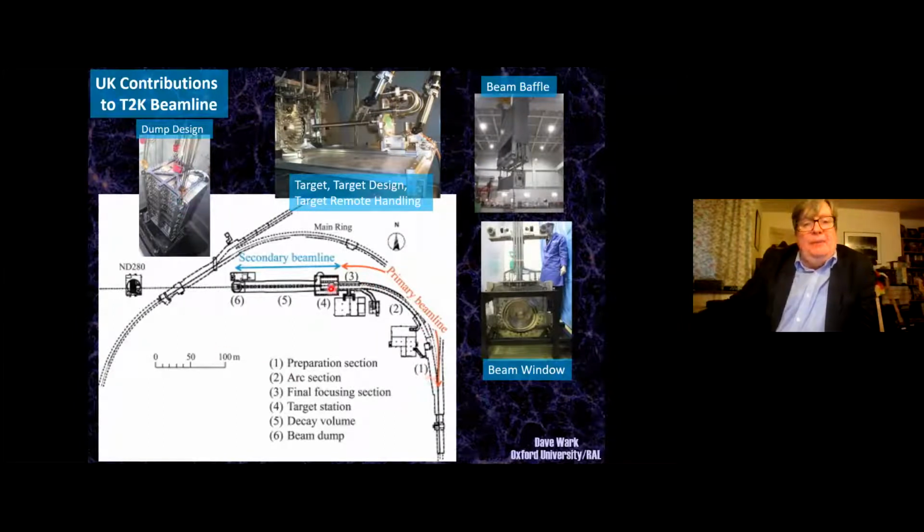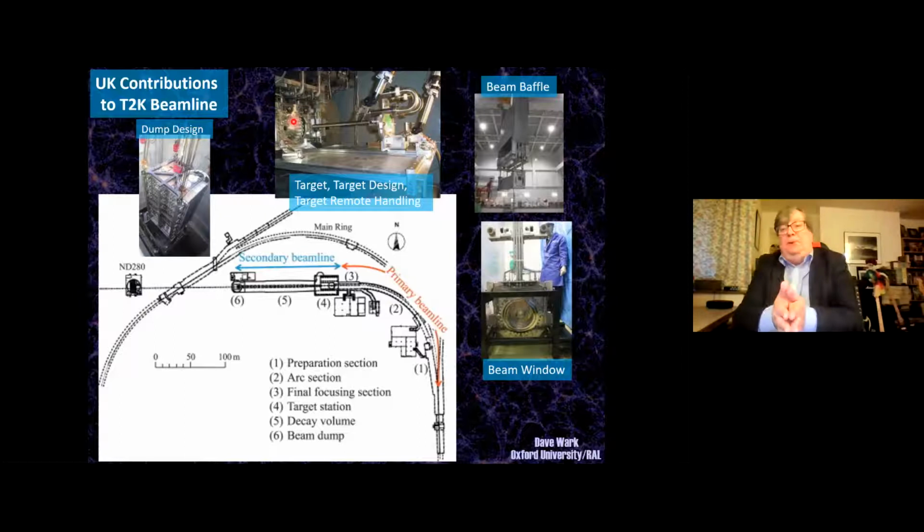You bend it inside the ring, you collide the protons with a target, which is a graphite rod, inside that titanium can right there. It emits pions. The pions are focused by these giant horn magnets. In operation, that target goes down inside that hole and has this magnet around it, a pulsed magnet, that focuses the pions that are produced forward into a long decay volume.